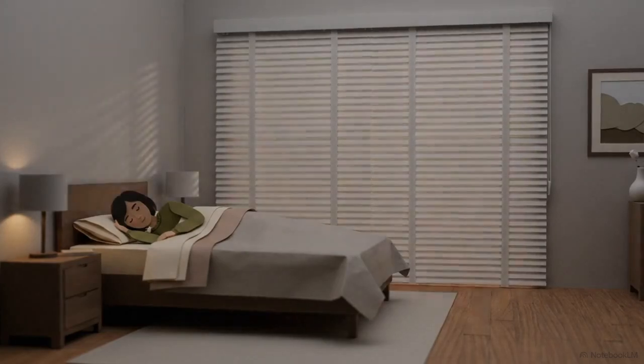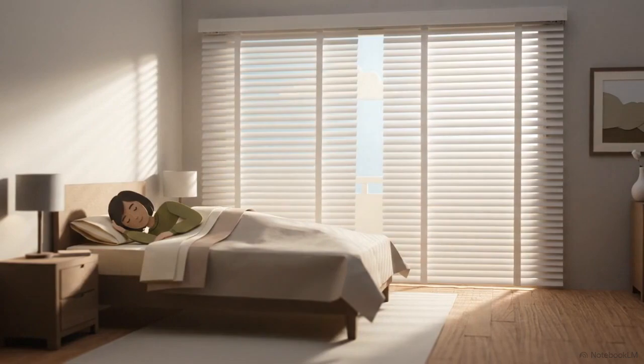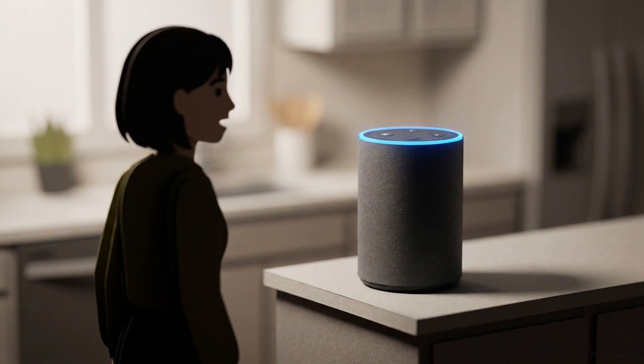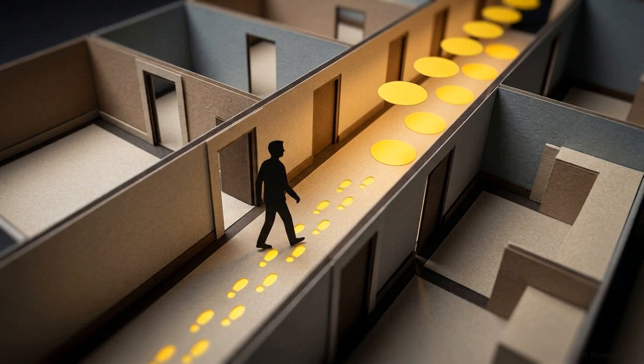It is early morning. Before Alex even opens their eyes, the house has already started the day's work. No voice commands were given and no buttons were pressed. We usually think of smart technology as something we talk to, like asking a speaker to play music. This is different. The home uses what is called ambient intelligence, which means the building itself learns Alex's rhythms and